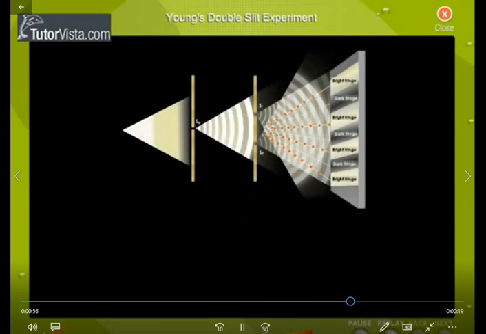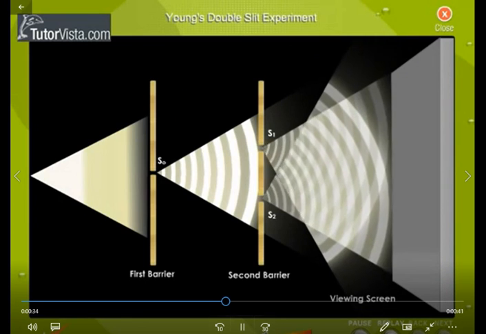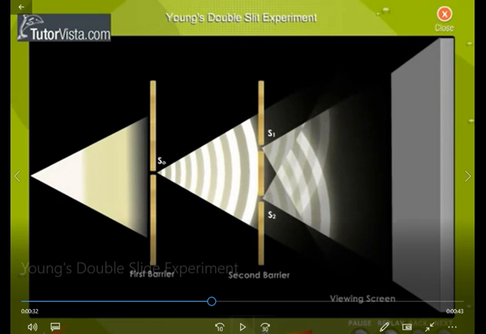What causes bright and... I'm going to rewind it one more time because I think this is what I'm looking for here. Can you see how, as this is emanating out, this is a maximum, a minimum, a maximum, a minimum, right? As they're coming through, right here, as this one's maximum corresponds with this one's maximum, right where my cursor is, can you see how that's kind of a bright spot? Well, the same thing happens here, the same thing happens here. But right here, there's a dark spot, because a maximum and a minimum hit each other and